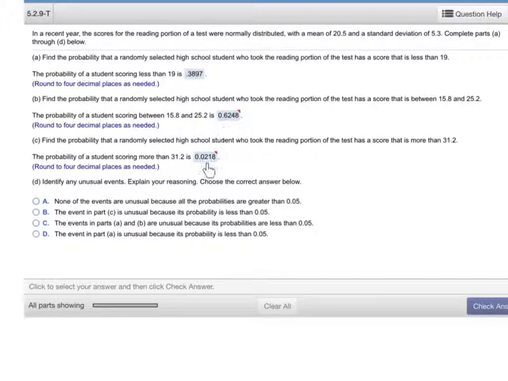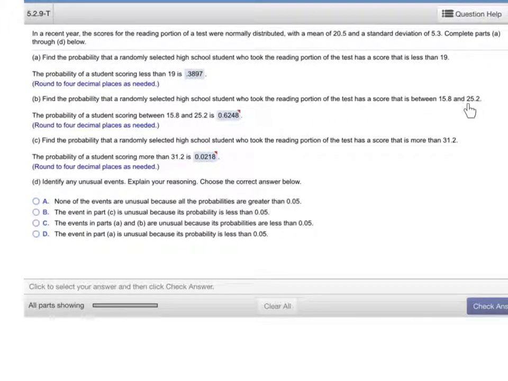I thought I'd work this part and maybe leave the last part to you here. In this problem, you have some normally distributed scores, and you're given a mean, which is really important, 20.5, and a standard deviation, 5.3. You want to find the probability a student has scored